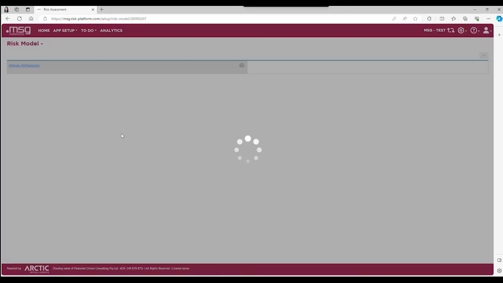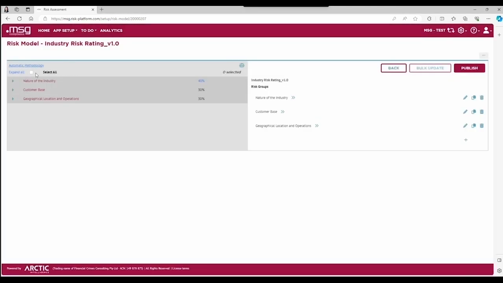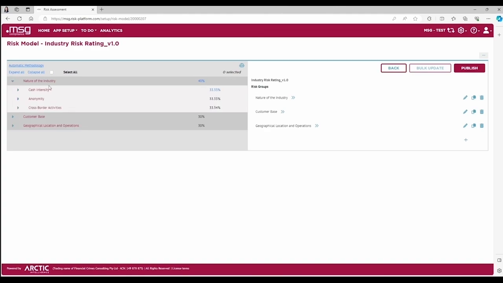We have already set up certain risk categories with their corresponding risk factors. For example, is the industry of high cash intensity, or what is the anonymity level of each industry? Now we would like to add a new aspect to be considered when we evaluate a new industry.